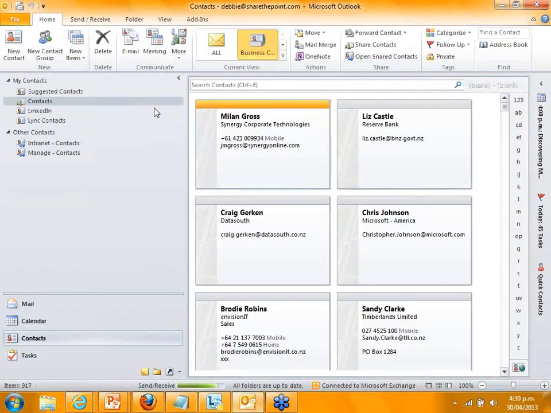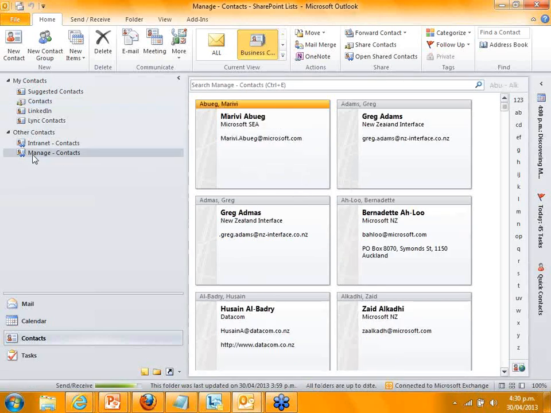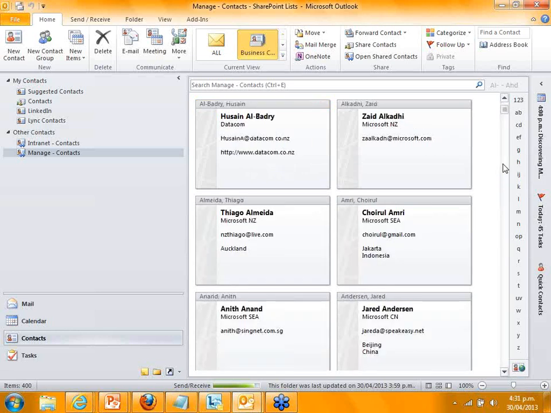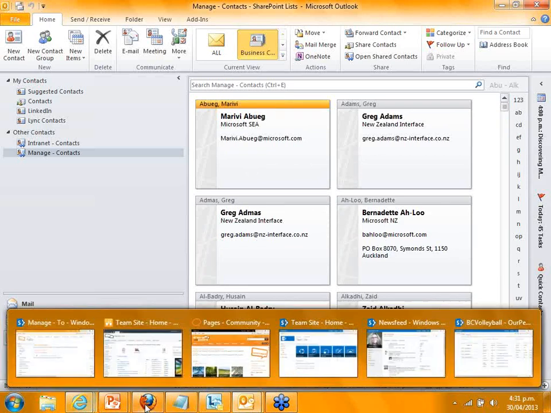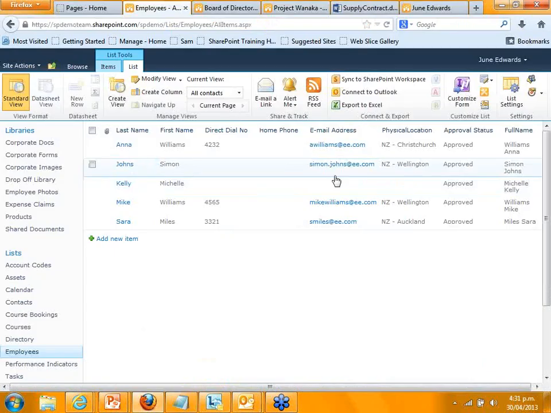So I'm just going to show you, this is Microsoft Outlook here, and I have my lists here, which are all fine. Sorry, my own personal contacts here. But if I want to, I can also go onto one of my SharePoint sites, and I can actually see all of my contacts that are on the SharePoint site as well. And it means that if I open up a contact here and I edit it, that when I go back to my SharePoint site, it will be edited in here, which is great because it means that I can share all of the contacts that I might have. And especially with small organisations, if you don't have big CRM systems and you want to manage contacts, it's a great way of doing it.